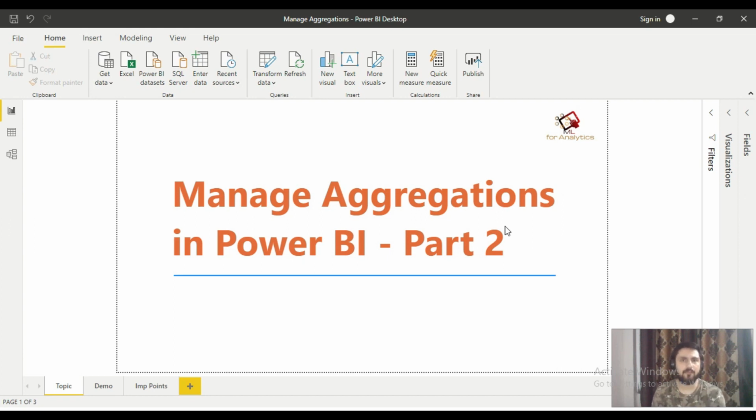Then we come to the third scenario where you are showing the same dashboard to the development team, the core team which is working on the product. They want to see the underlying detailed data. For them you don't want to import the whole data into Power BI. So you will keep them open to hit the direct query source. If they want to see the direct underlying data, they will build a visual and the query will go to the underlying data source. So this is the scenario in which we have three layers: the first layer for top level management, the second layer for middle level management, and the third layer for the core development team or any other support person who wants to see the underlying data.